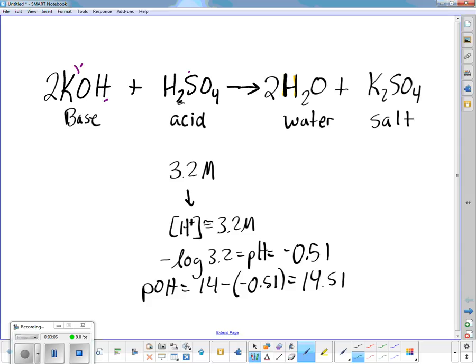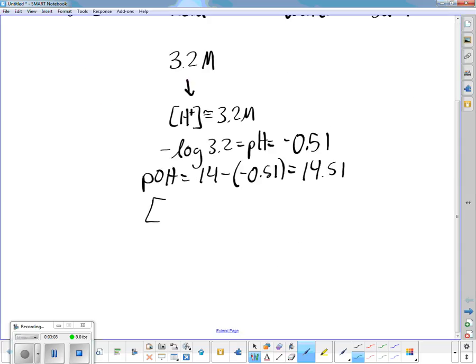And then to get the concentration of hydroxide, I just go 10 to the minus pOH, which is 10 to the minus 14.5. So my concentration of hydroxide is